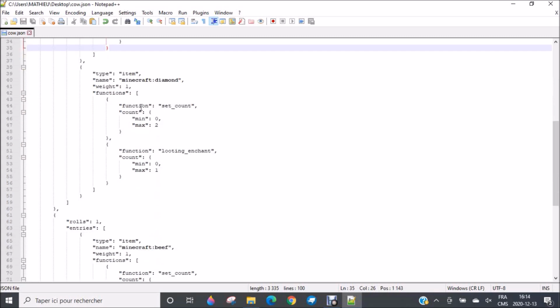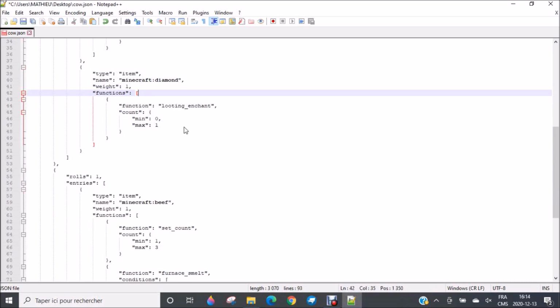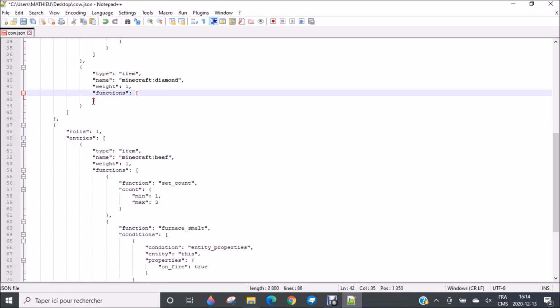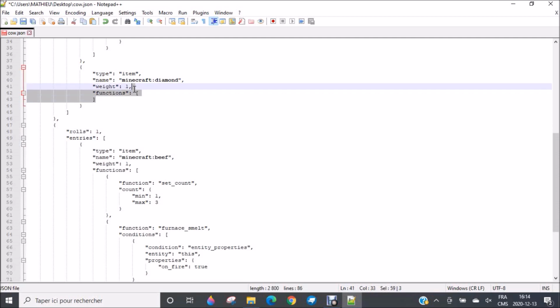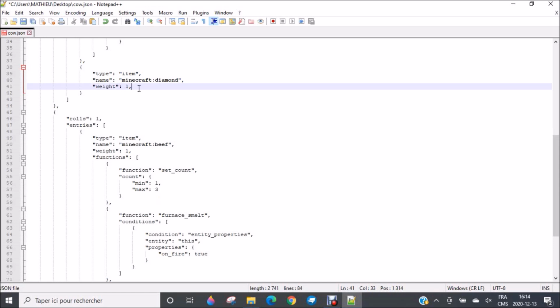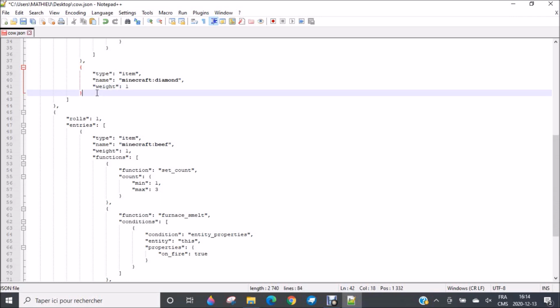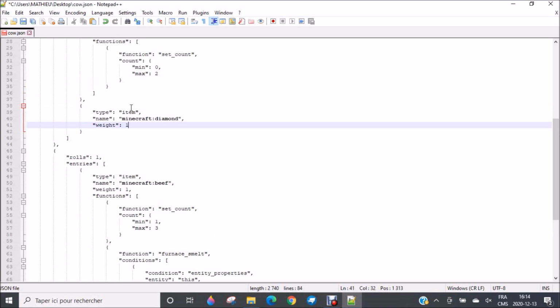So let's do this, for example, the diamond, okay? If you are lucky and you obtain the diamond, let's say you will obtain, you see, I'm currently removing the functions, okay? So you see, you have no more functions. And at this point, you could simply remove functions. So you take this and you go here, okay? And as I said, you must delete the last comma, okay? Because there is no option in the same box, you see? So this means that if the cow drops a diamond, it will drop only 1 diamond